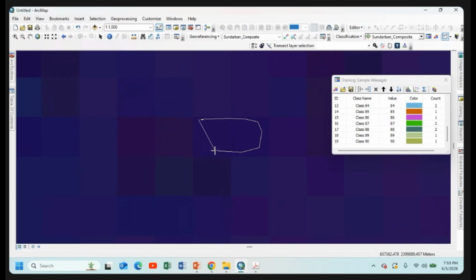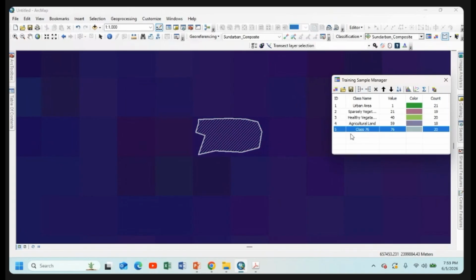This navy blue color I will choose for water body. Okay. 20 pixels have been generated as training sample, and merge all these pixels and name it as water body. Water body. Okay.